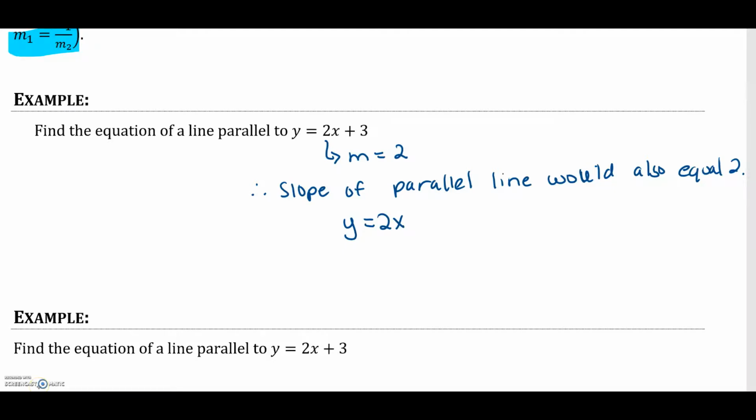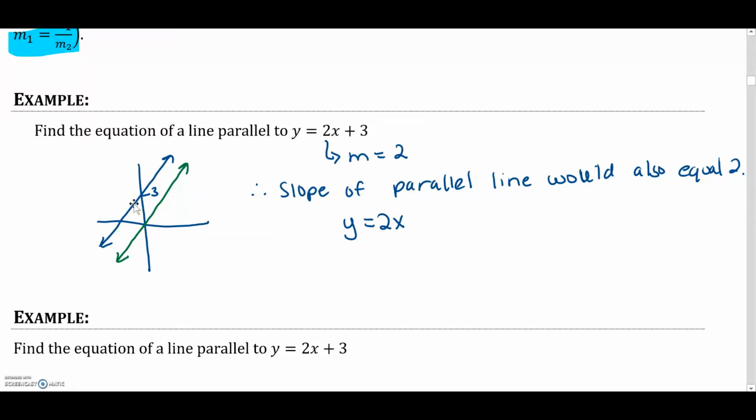But there's actually an infinite number of possible lines that are parallel to our original equation, because we have y is equal to 2x with a y-intercept of 3. This is our original line. The line that we provided as our solution passes through 0, but you could consider any possible y-intercept. So you could add any real number to this equation, and it would also be parallel to our original line